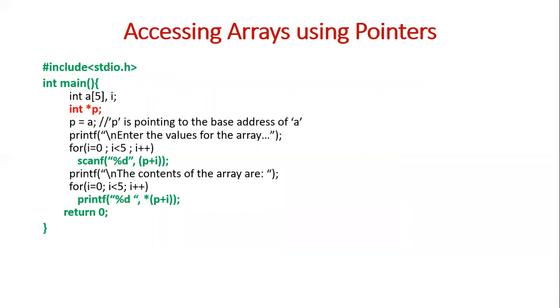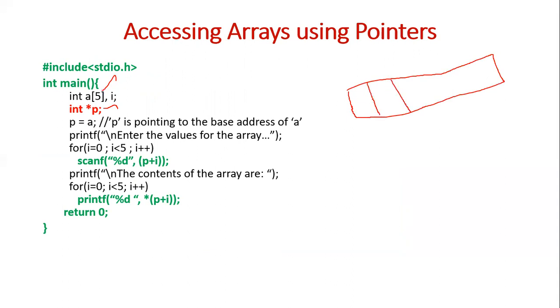It's a very simple program. Here we are declaring an array a of 5. It's not initialized with any values. And there is a variable i, and this is the pointer star p, and p is now pointing to the starting address of the array. The array is there, but it is not having any values. Maybe it may have some garbage values, but we are not bothered about that.